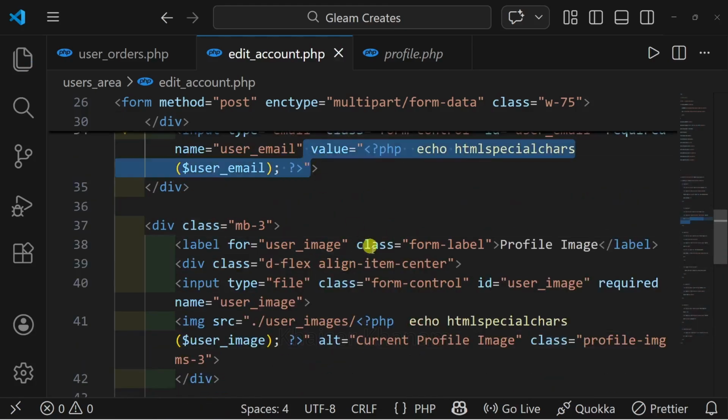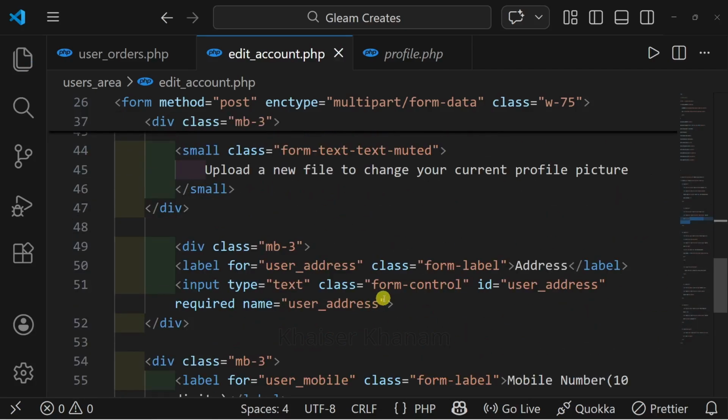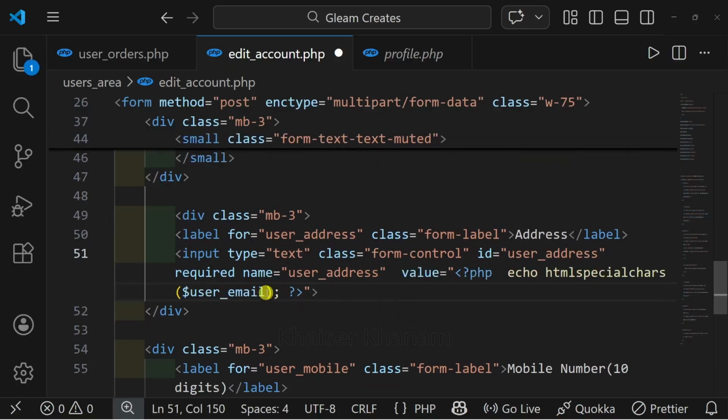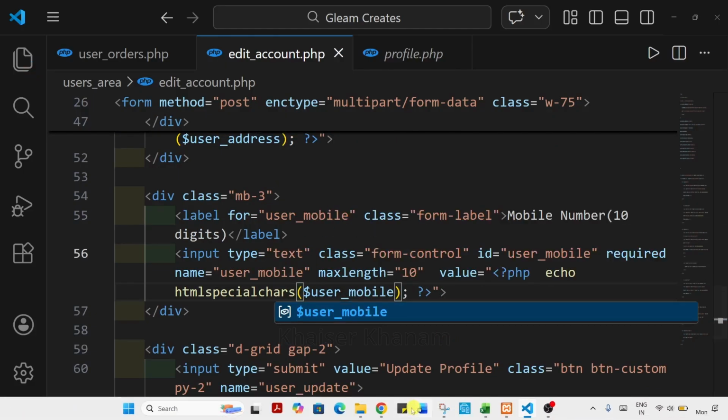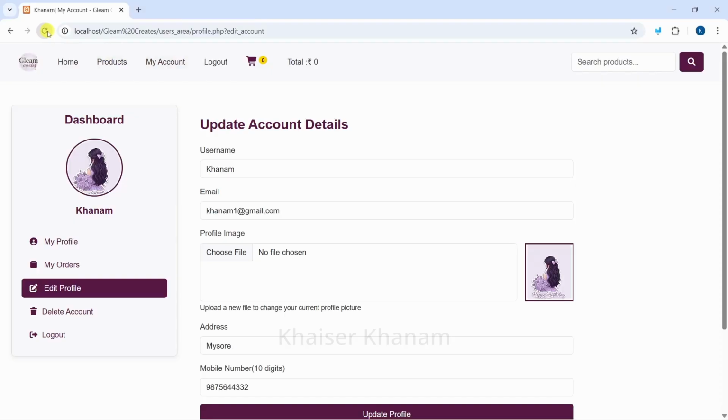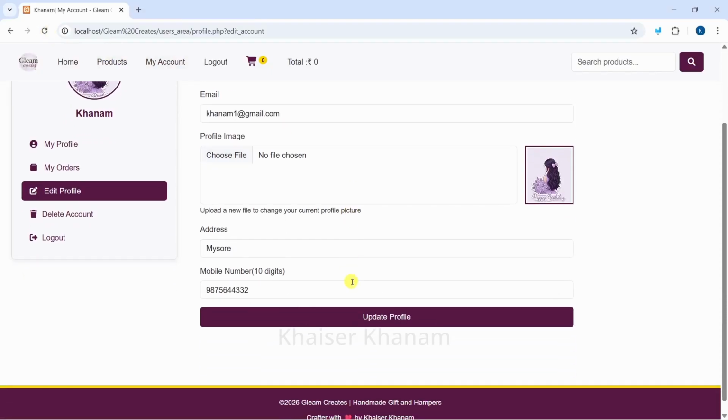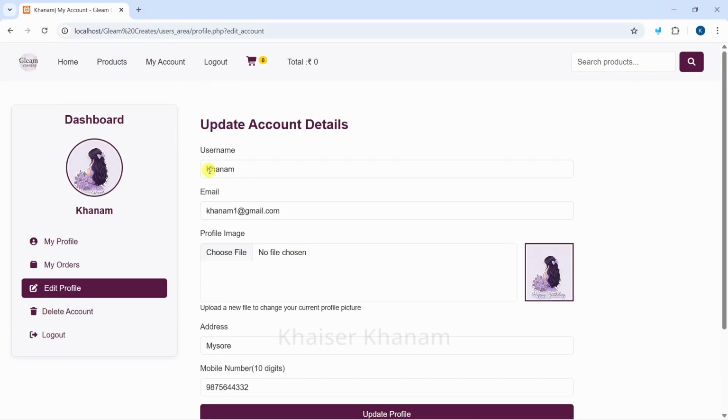Next, copy this complete value. Scroll down. Inside this address paste, I will be passing user address. Next, we are having mobile number, paste. Here I will write user mobile. That's it. Come to project, refresh once. Now you can see successfully whatever data we are having for Khanam, we are able to display inside this